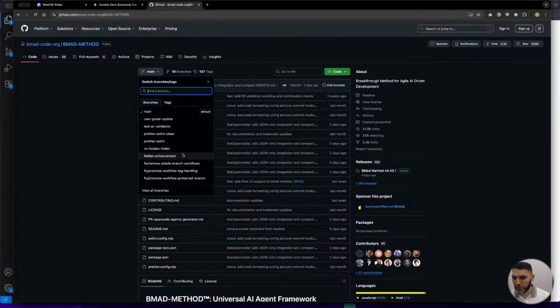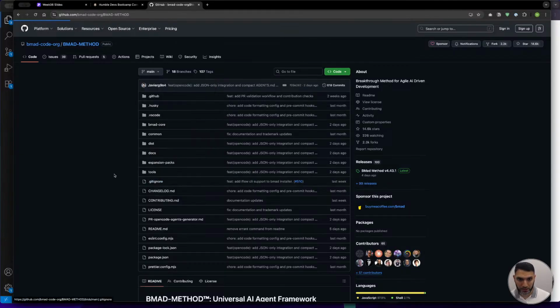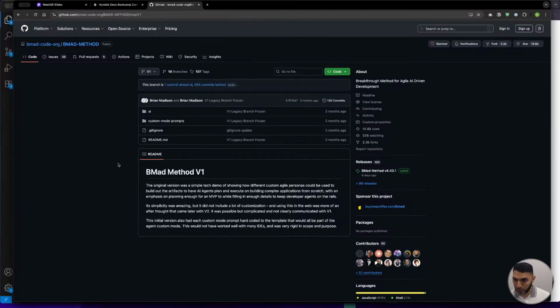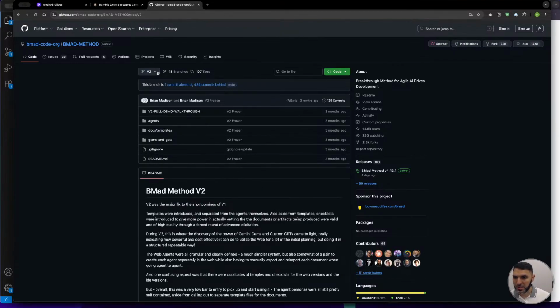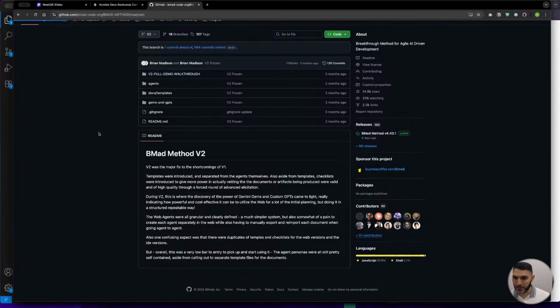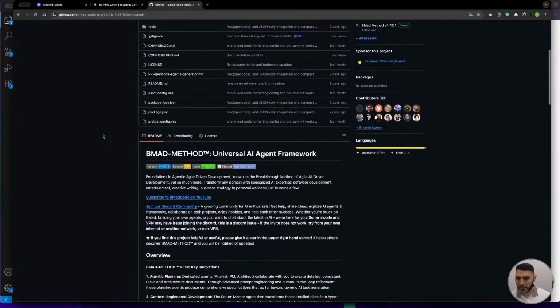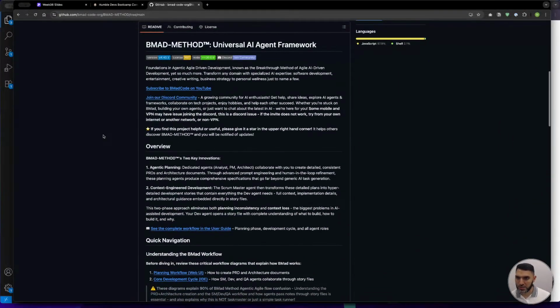And this has grown tremendously, right? So there was version 1, which was quite a bit ago. I don't know when this was published. It said this was updated 3 months ago for the last time. But things move very, very quickly in the AI space, as you would know. So if we go back to the main branch, the BMAD method, right, is a method that was designed by